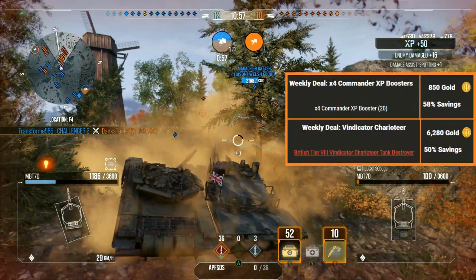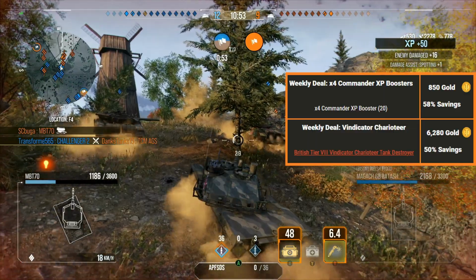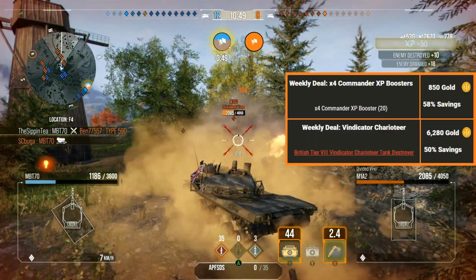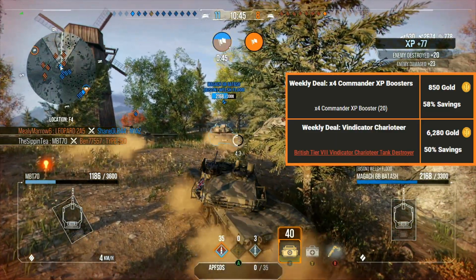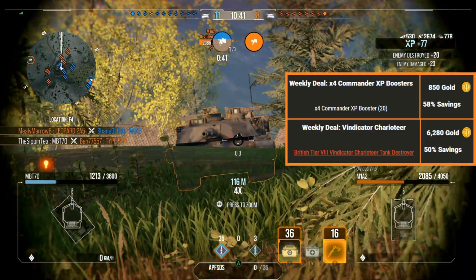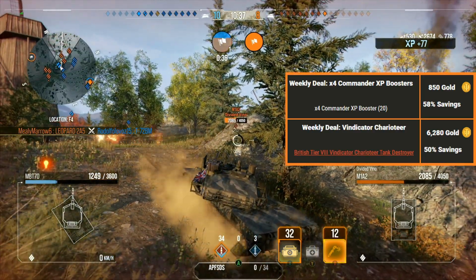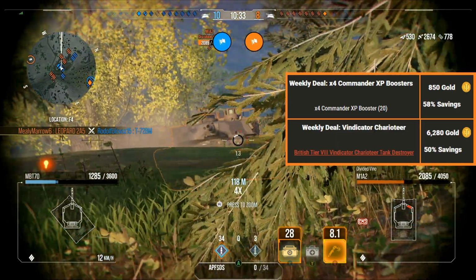Moving on from there, we have weekly sales, so a couple of deals right here with us until the 25th of April. 58% saving on the following deal, which is 20 lots of times 4 Commander XP boosters, and they are just 850 gold. And the other offer is the British Tier 8 Vindicator Charioteer tank destroyer, 50% saving on that, so it's available for